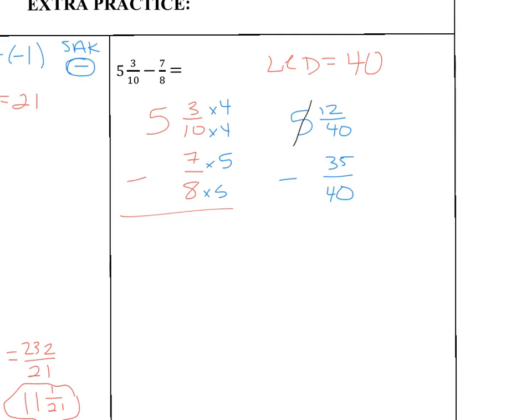So I'm going to take 1 from the 5, leaving me with 4. But that means I'm actually adding 40. Remember, our denominator tells us what makes a whole. So now, again, rewriting, I end up with 4